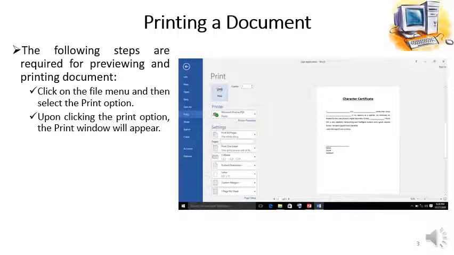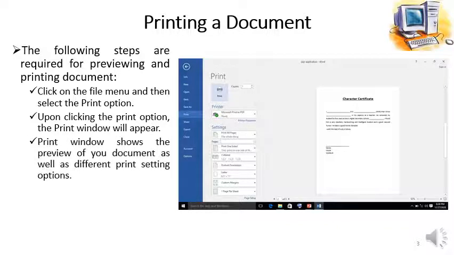Here you can see that the Print option is selected, and as a result this window appears, which is called the print window. This window previews the current page of our document, as well as some printing options which are related to the settings of the print command, to set all the settings which are related to printing the document.